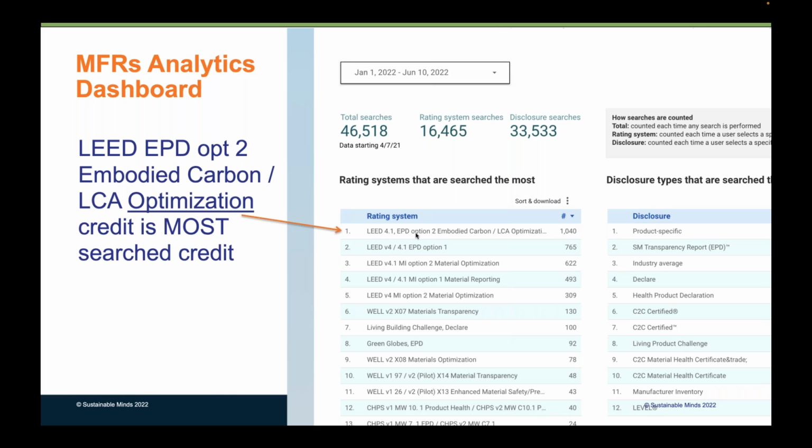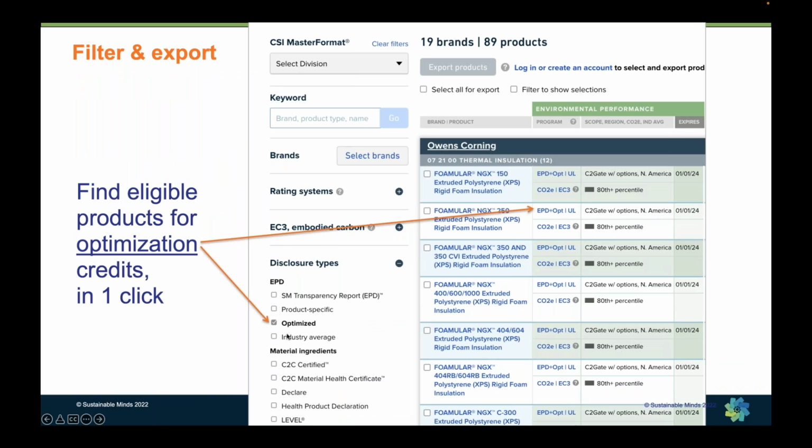And so to make it even easier for people in the disclosure type filter, we've now added a little checkbox for optimize because people may be looking for manufacturers who are optimizing their disclosures, but they're not necessarily pursuing a LEED certification. And so now there's 2 ways for people to find optimized